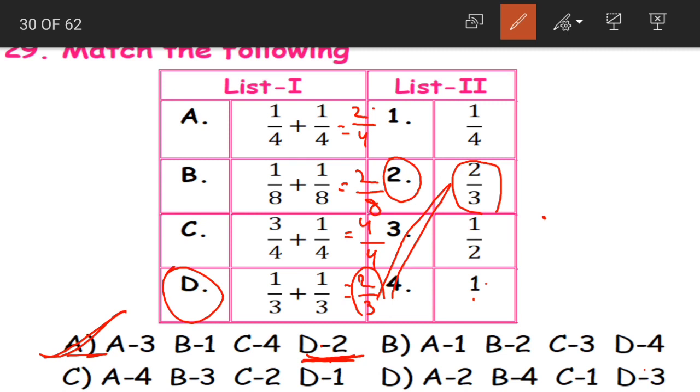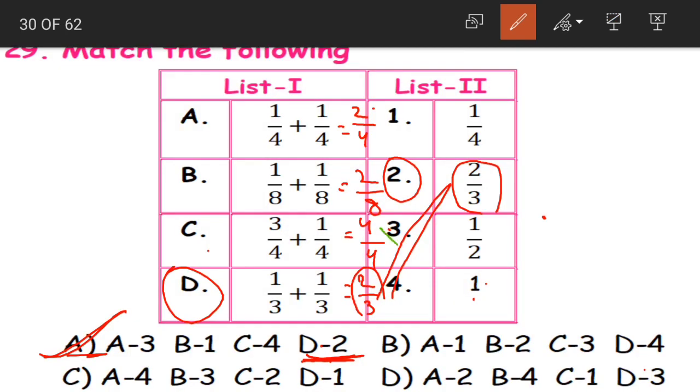Okay, but for the purpose of explanation, children, let us solve this. What do we have here for C? 4/4. What is 4/4? That is 4 divided by 4. 4 ones are 4. When we subtract, 0 is our remainder. 4 divided by 4 is equal to 1. So C is matched with 4. Next we have 2/8, and the options we have are 1/4 and 1/2. That means we have to find our equivalent fraction.